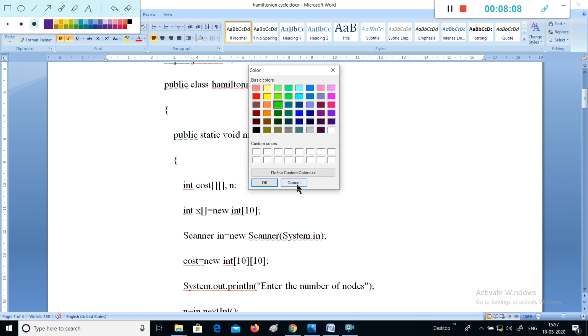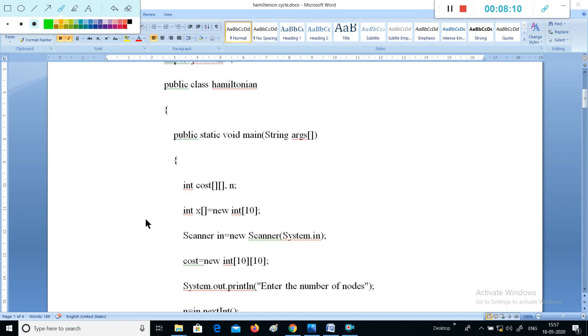The variable cost is a two-dimensional array, and variable n is going to contain the number of vertices. X is an array used for defining the path or a cycle from source vertex to source vertex, and this is a statement used for defining the object of type class Scanner with System.in to read the input.